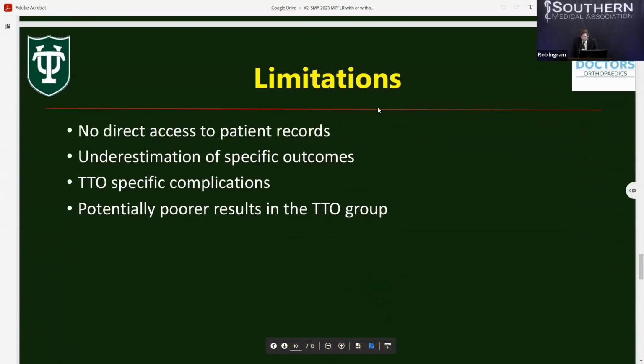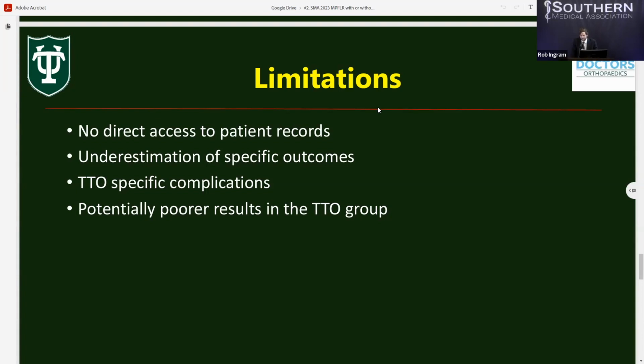Nevertheless, there are some limitations to the study. First, our lack of direct access to patient records prevented us from measuring the proportion of patients with anatomic abnormalities and surgeon reasoning for including concomitant TTO or not. In terms of outcomes, incidence of specific complications may have been underestimated. For example, we may have not been able to capture all patients who experience some level of knee stiffness following surgical intervention because we required that patients undergo manipulation under anesthesia to be included in this outcome measure.